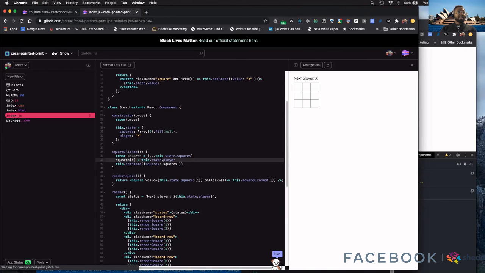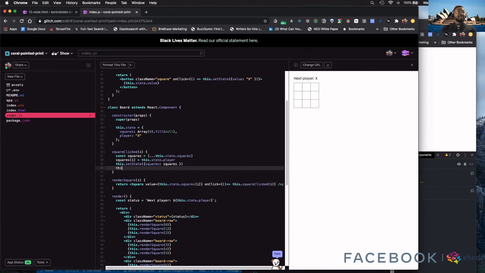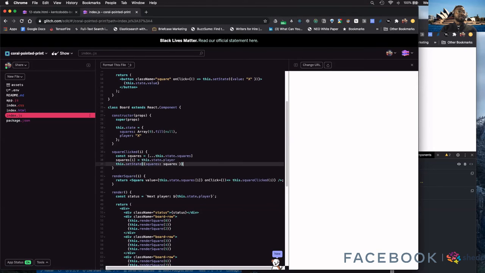So I've set squares. Then I need to also change the current player. Well, I can do that at the same time. I don't need to do that twice, actually. I can just say